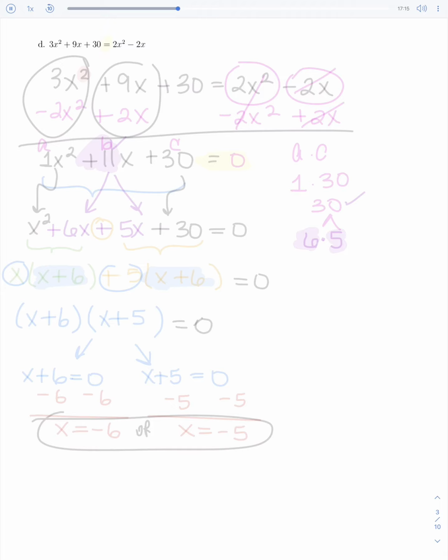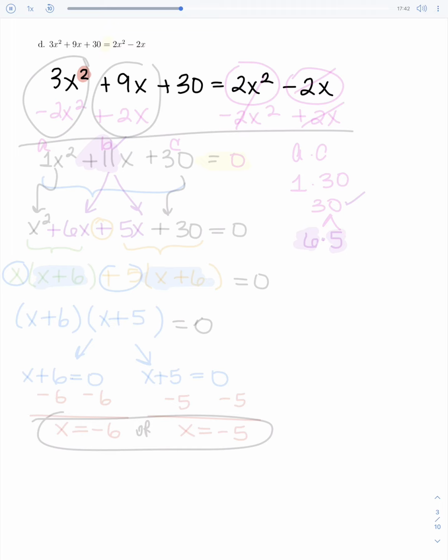Now let's take a look at problem D. In problem D, we have 3x squared plus 9x plus 30 equals 2x squared minus 2x. So just like the other ones, we have a problem that our highest term has an x squared in it, which means for me to solve this, I need to get everything on the same side so that the other